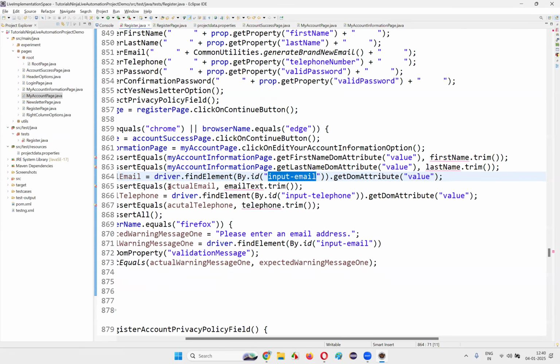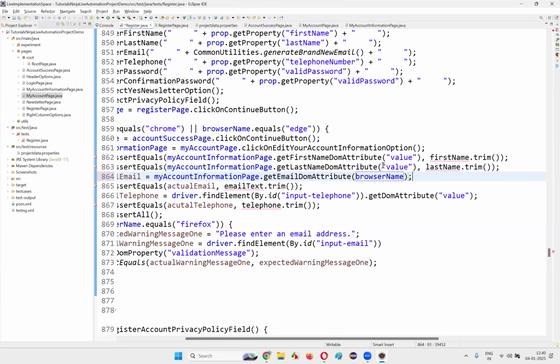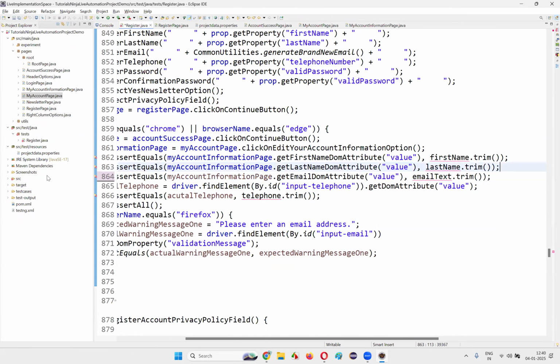Go back here and write down myAccountInformationPage.getEmailDOMAttribute and give the value here. Now take this part and put it here. Okay, done. Next one,